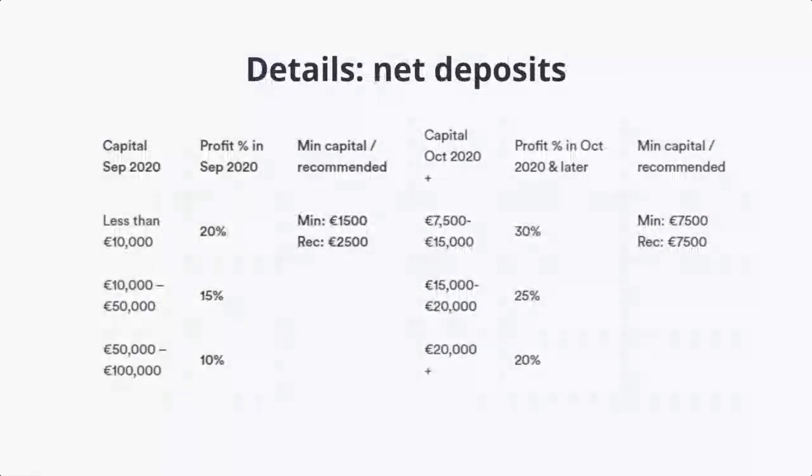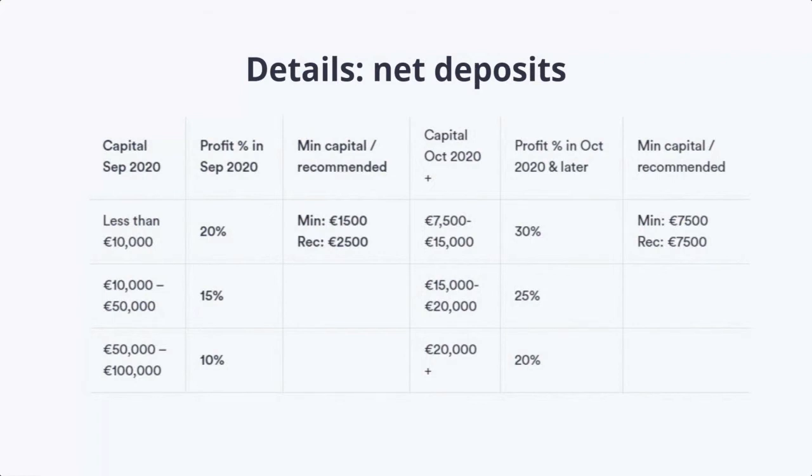This is the overview for the profit share model. What it means is that a part of the profit is shared on a monthly basis, if there is a profit, if there is an equity peak. I'll explain that a little bit later, but the advantage is that it's a win-win. If you, the trader, invest money, but there is no profit, there is basically no cost. If there is profit, then a percentage goes to us. What percentage? Anywhere between 10 and 30%. The rest is yours. That means that you get 70 to 90% of that profit.